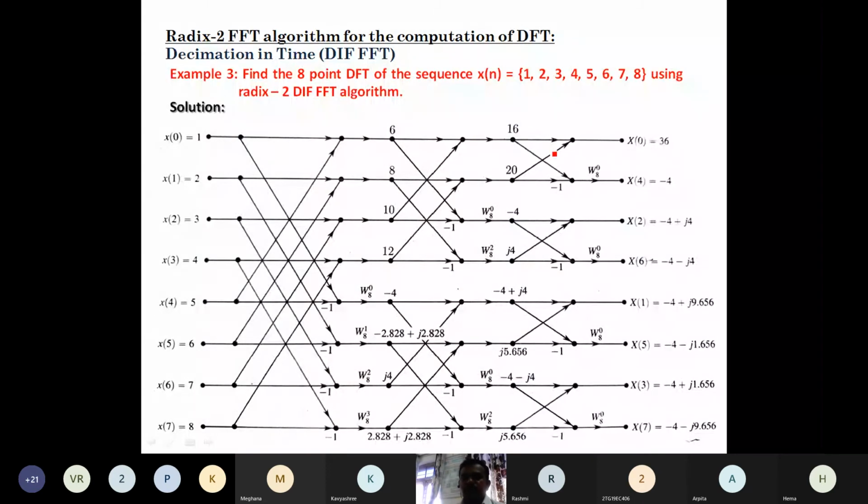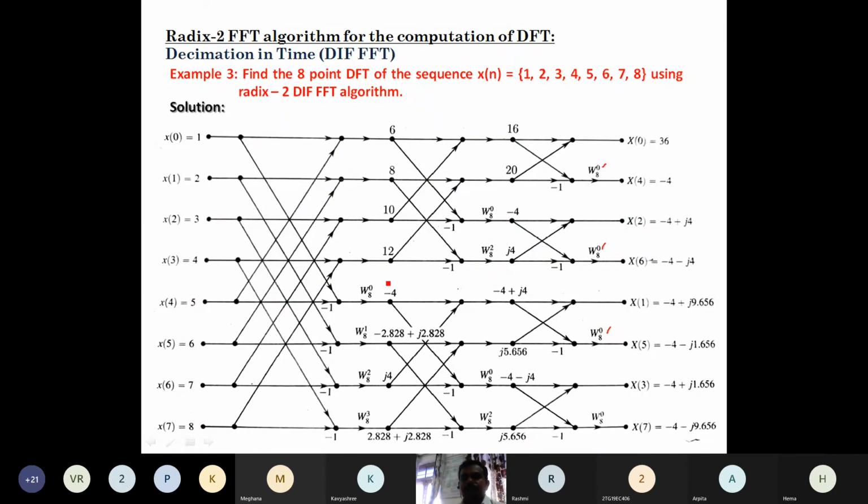Okay, so 2 point DFT has only one power of twiddle factor, which is 0. So at the third stage, what are all the twiddle factors? Only one butterfly. So each butterfly is what? For the 2 point DFT, the power is 0. In the second stage, it is 4 point DFT. So we have two 4 point DFTs, first and second. So the twiddle factors are only two values, 0 and 2.